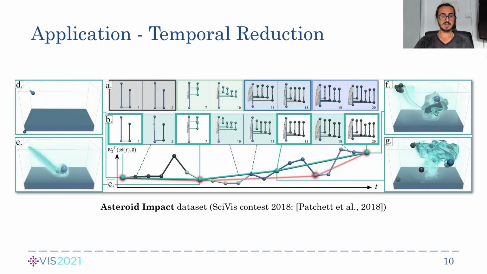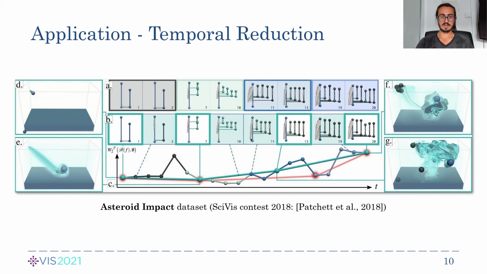The second application uses the geodesic for subsampling a sequence of merge trees. We use here the asteroid impact dataset. The idea is to remove trees from the original sequence that can be accurately reconstructed with the geodesic computation, for the purpose of data reduction. This iterated removal reveals the keyframes of the sequence that are used to automatically reconstruct the removed frames, with the